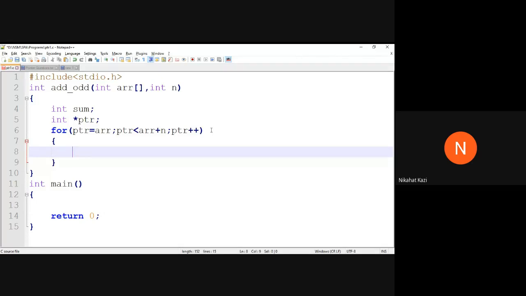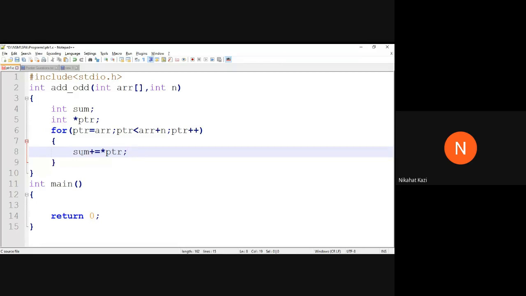Now inside this, you have to write the expression for adding. Since it's calculating a sum, you would say sum plus equal to ARR of I, but you have to write it using the pointer. So you will say sum plus equal to star of PTR.